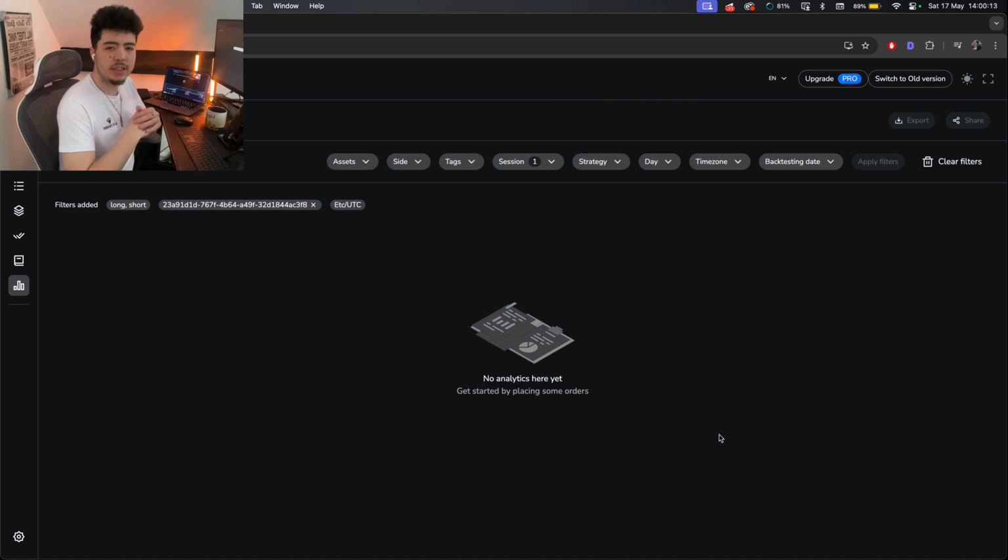Previously, I've noticed that DCA has got a very, very bad reputation in the retail industry. And this is because you essentially add into losing trades. So inherently, people that are uneducated on the strategy and the management behind it view it as gambling or a silly way to trade, when in reality, it's actually one of the most profitable ways to trade. But it does require a lot of management and an understanding of market dynamics and